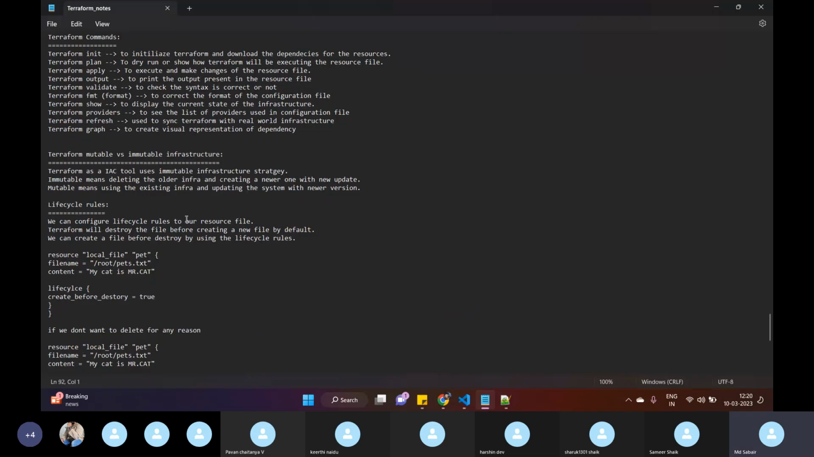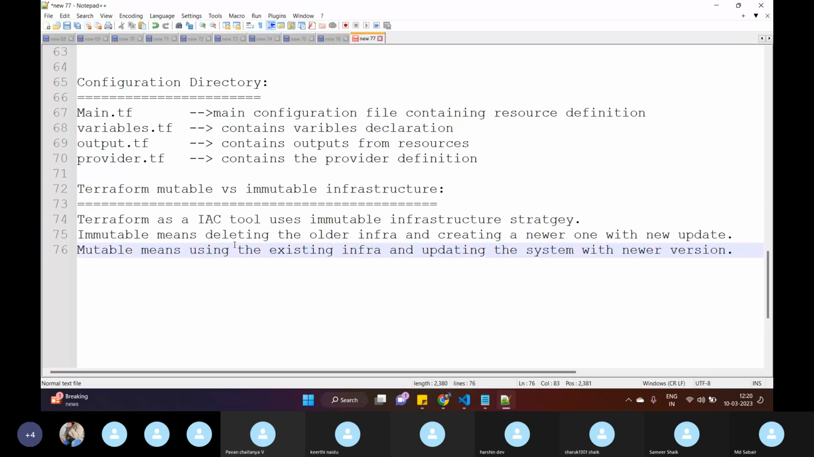We have two types of infrastructures. One infrastructure is called mutable and the second one is called immutable. Terraform basically uses the immutable infrastructure strategy. Immutable means deleting the older infrastructure and creating a newer one with the new update. Mutable means using the existing infrastructure and updating the system with the newer version. For example,